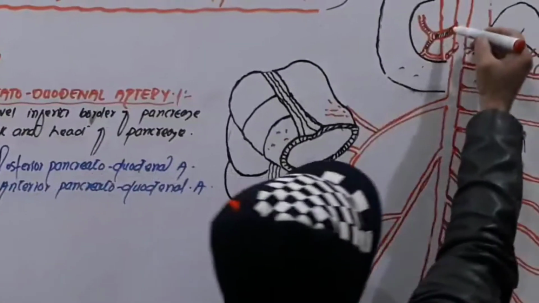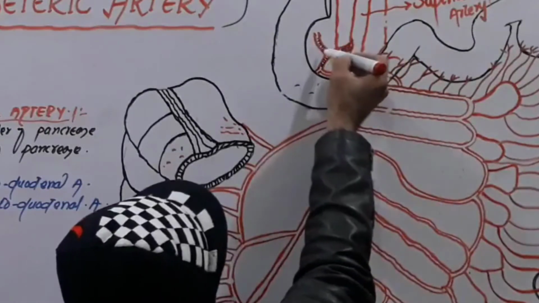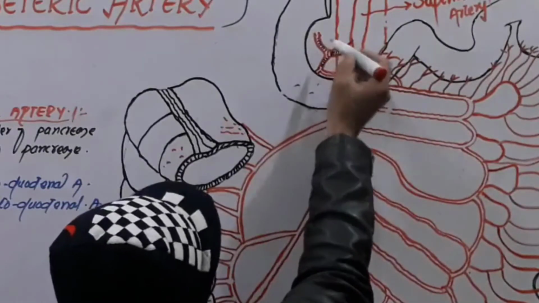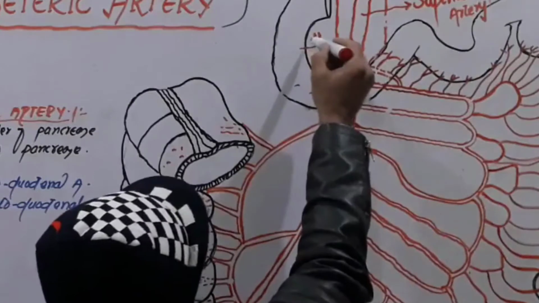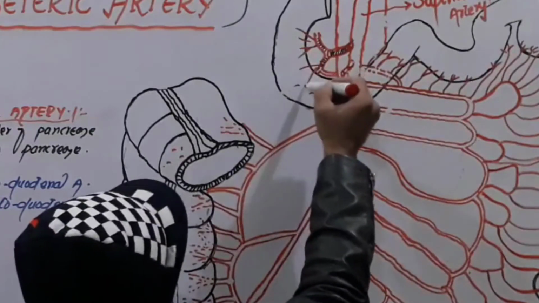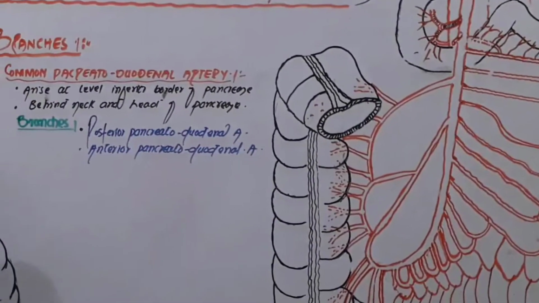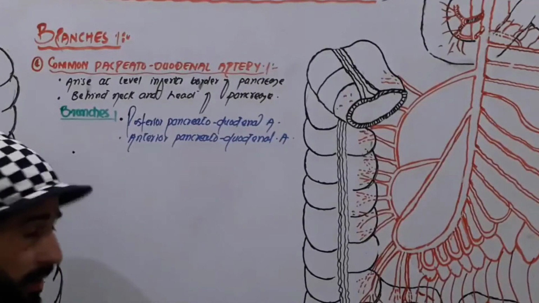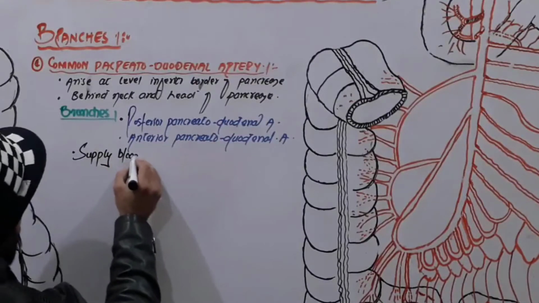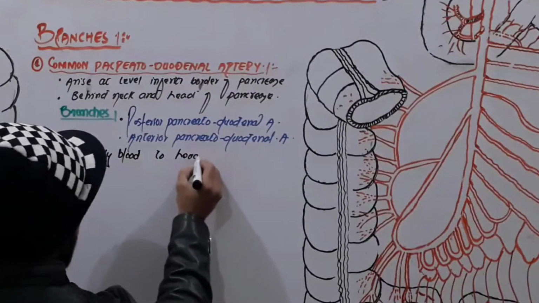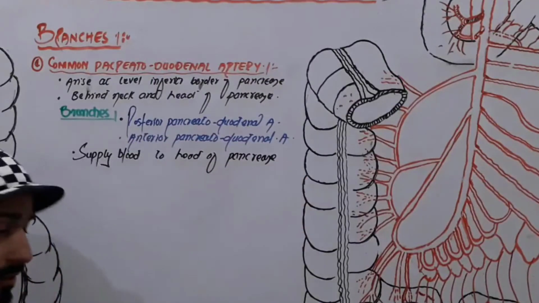Once again, let's focus here. This is our common pancreato-duodenal artery, and this common pancreato-duodenal artery will give an anterior pancreato-duodenal artery and a posterior pancreato-duodenal artery, and from it there will be branches towards the duodenum, right, like this? And there will be also the head of the pancreas. So we say that this artery is responsible to supply blood. It supplies blood to what? To the head of pancreas, and